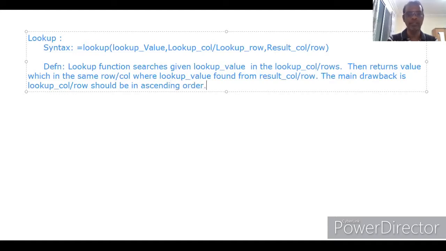Ascending order. It is compulsory. So the lookup column as well as the lookup row should be in ascending order. If the values in the lookup column or lookup row are not in ascending order, we will get the wrong value. We will get the wrong result. That is an important thing.